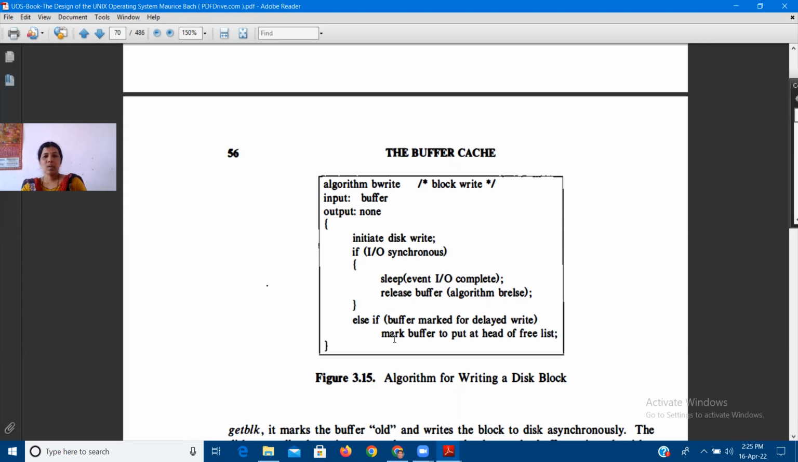So if it is asynchronous write or delayed write, buffer marked for delayed write, mark buffer to put at head